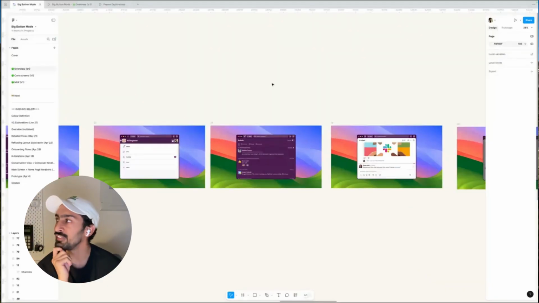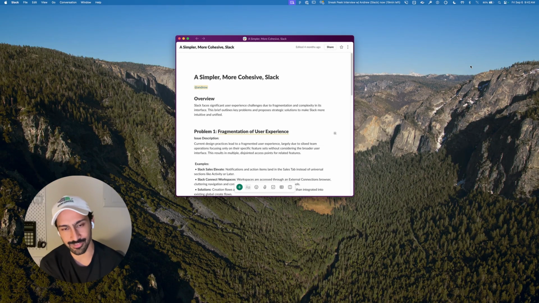Jay, before we end off here, I want to share a couple of things because we were just talking about being a staff level designer and a little bit about what that really means. And actually, more than that, we were talking about what it feels like to feel like the product you're working on is your own, is your baby. Let me show you two things that I think are very helpful things that we can do as staff level designers. The first one is around the feeling of your product being your baby.